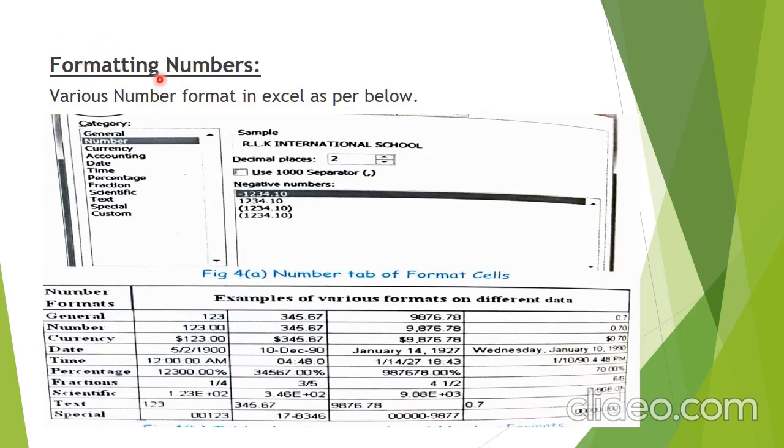Now we're talking about the various number formatting options in Excel in which we can store numeric data. These are very basic things, but there are various ways we can store numeric data. You can see in my screenshot, I can store the data in number format as well as currency format, date and time format, percentage, and scientific. All these formats are available in Microsoft Excel.